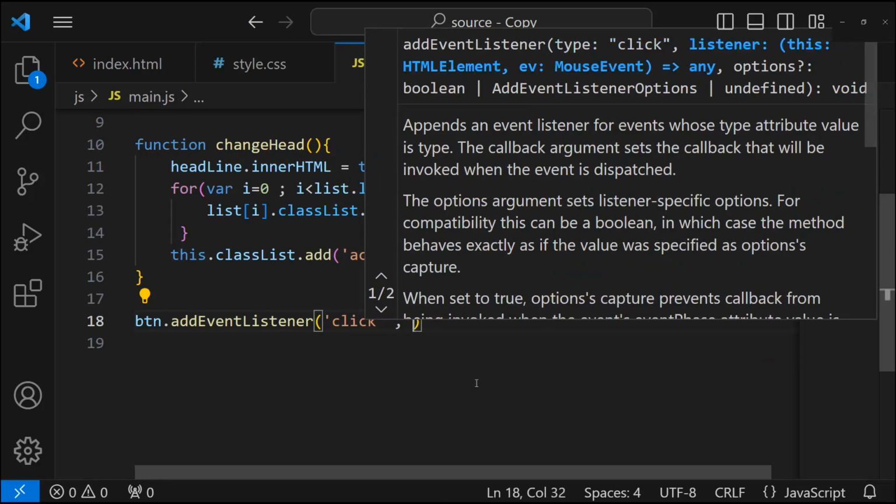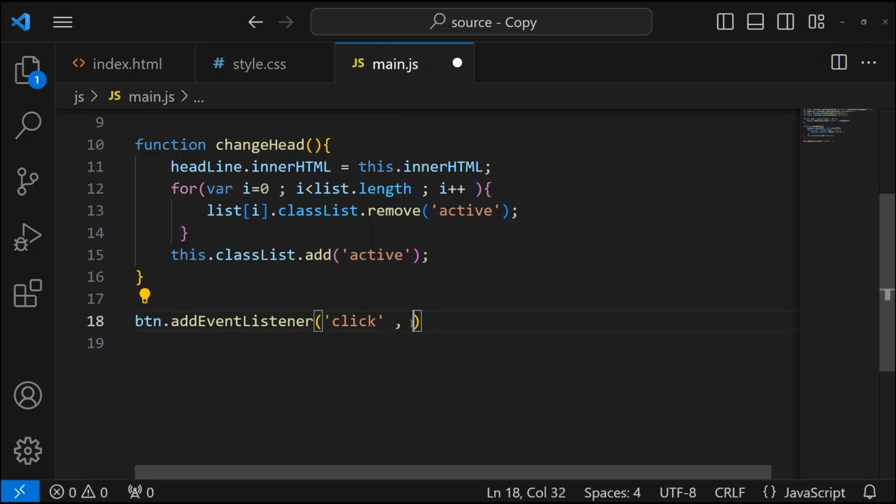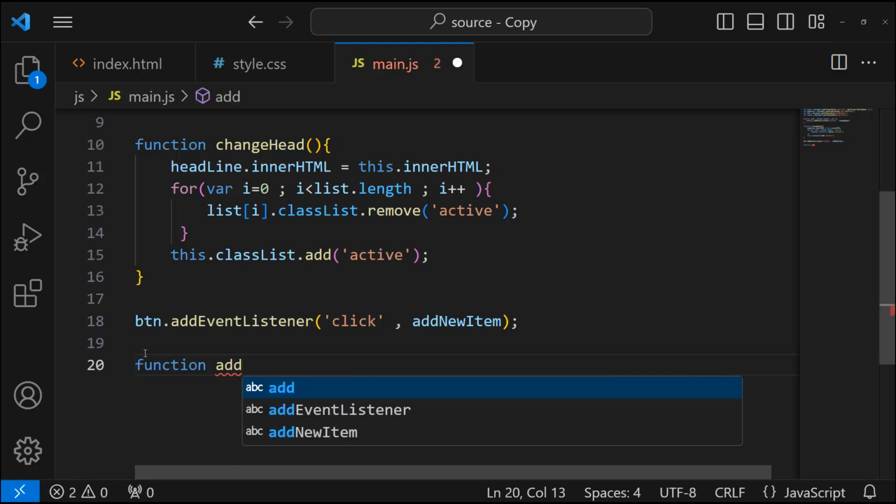And then we use another function, for example, addNewItem. It's very clear and the best kind of coding. It's clean and obvious. So we want to address that. Below that, we use function addNewItem,